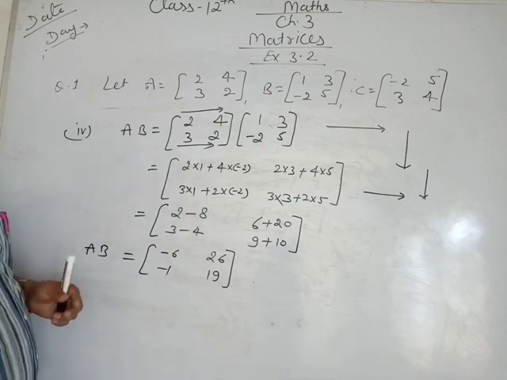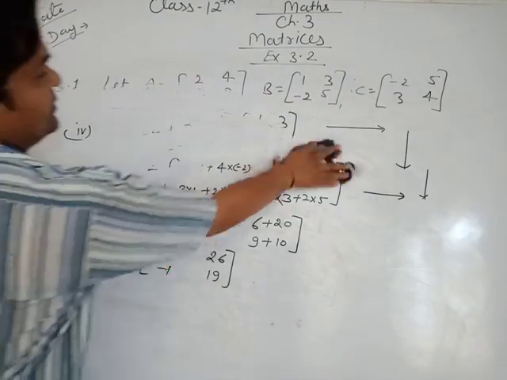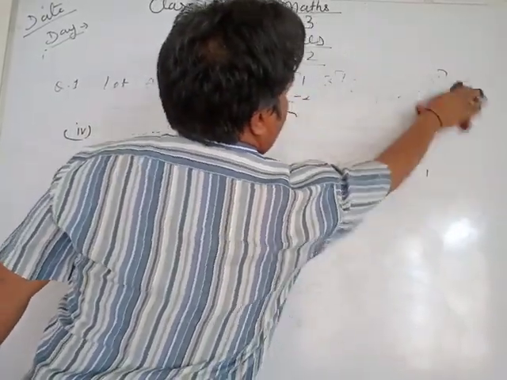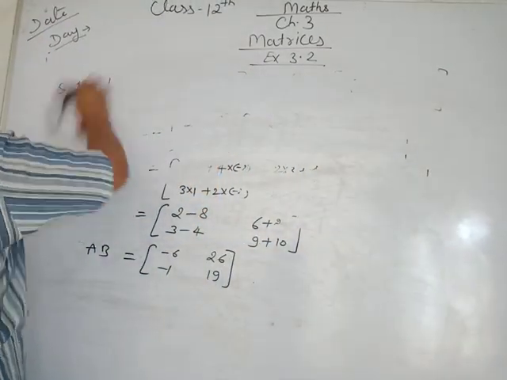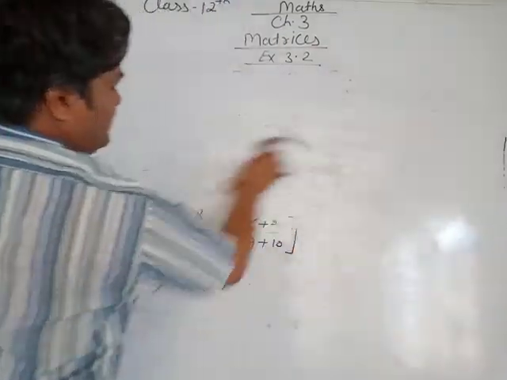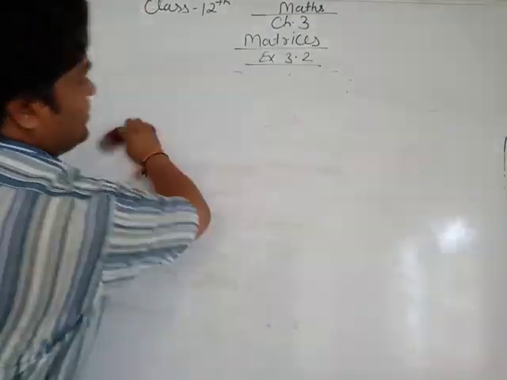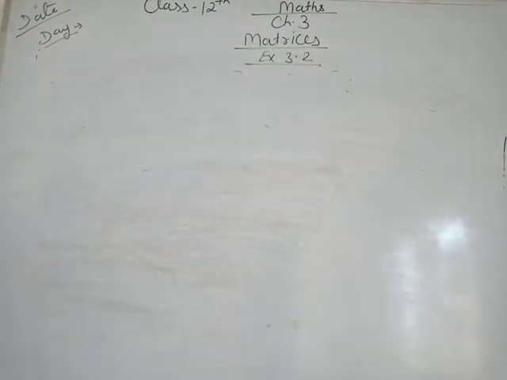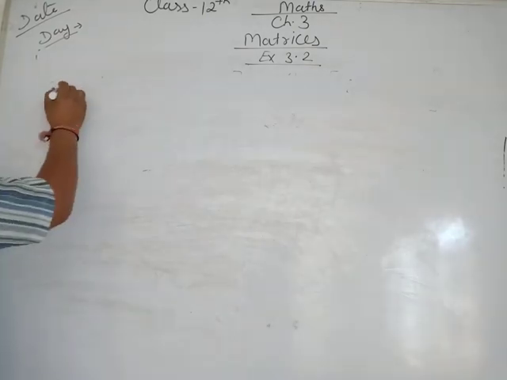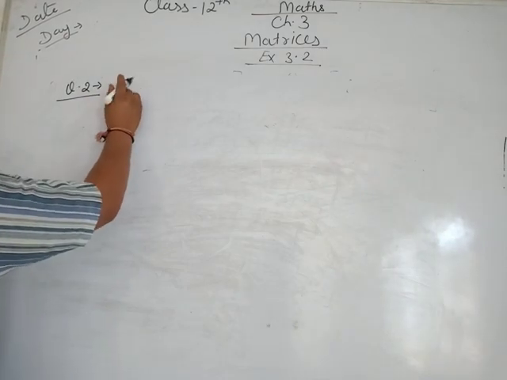Do it yourself. Again, the second question of this exercise, we will solve it. Similarly, this procedure is also multiplication, but here for multiplication we should note which matrix we will multiply. Now question number 2 of this exercise, first compute the following.